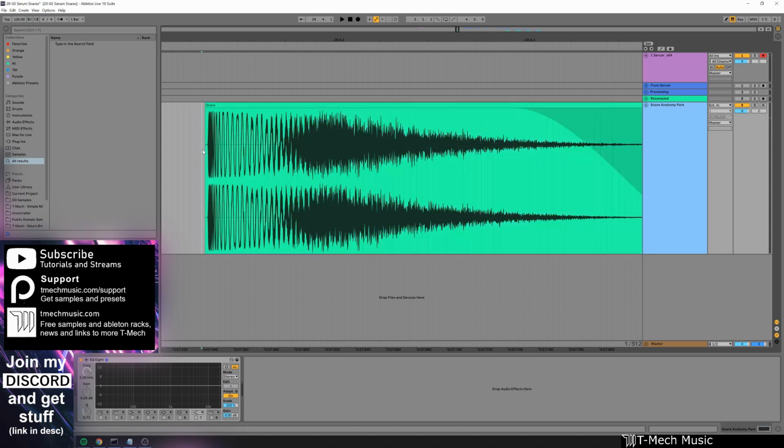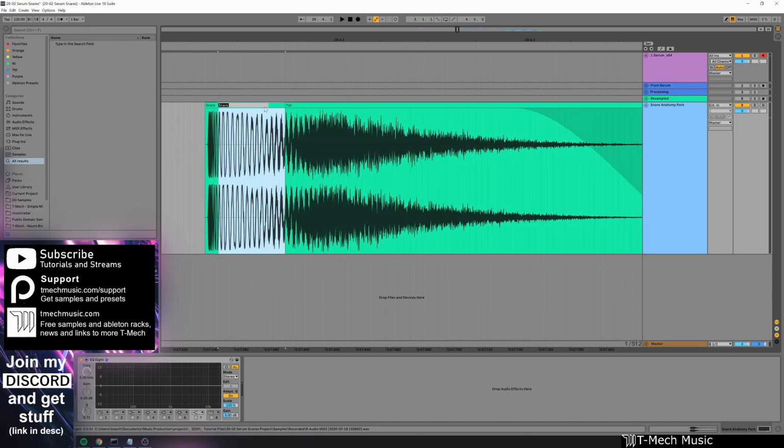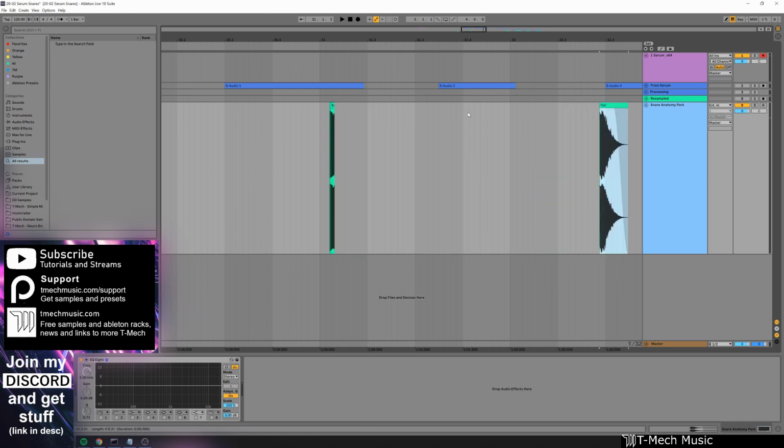What we're going to do is we're going to slice this up because this is Anatomy Park. So we'll take that first little chunk and we'll take this part. Now this last part, I'll call the tail. This middle bit, I would call the body. And this bit right at the start, I would call the transient. And I'm going to duplicate these off to the side and we're going to separate out the components so we